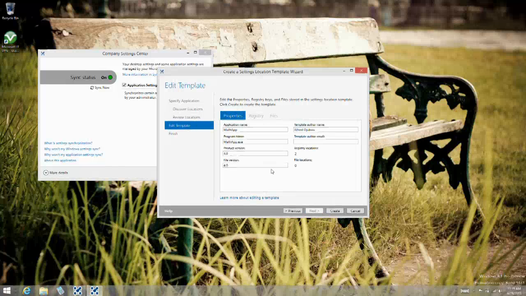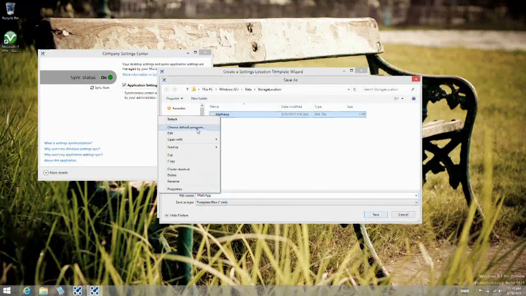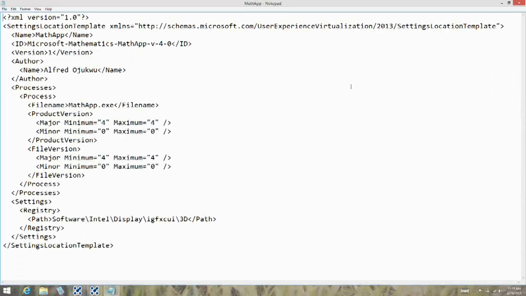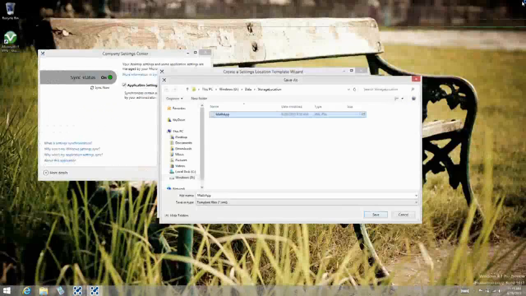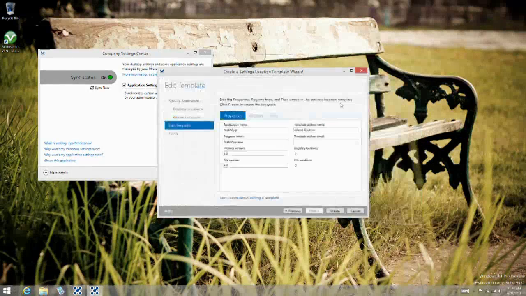Yep, so from there, you have the ability to customize the settings for that application and then save it here. I've done it already. I'm going to open it up for you really quick so you can see what's going on with the application. Again, the beauty here is it captures those settings that you've made and it just continues to add them. You then have the ability to place it in a centralized location or control it through group policies in your organization to ensure that everyone can pull down the same settings for that specific application if they're opted into the availability of that application.